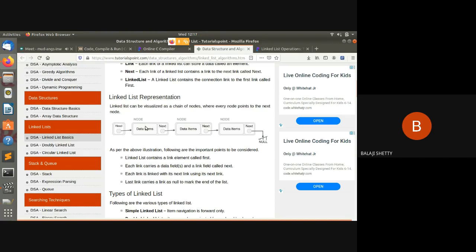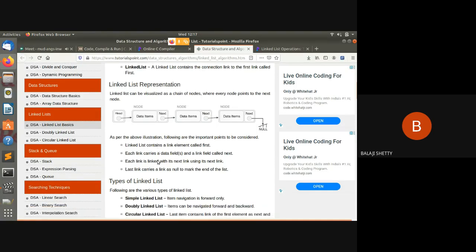This is the first atom, second atom, third atom. Now this node is the head node. This contains the address of the first node. If you want to reach this node, you cannot directly access it. You have to go to the head node. Head next is this node, its next is this node. So you cannot directly jump to any node in the linked list. You have to first access the head node only. With the help of the head node, you can access any element in the list.